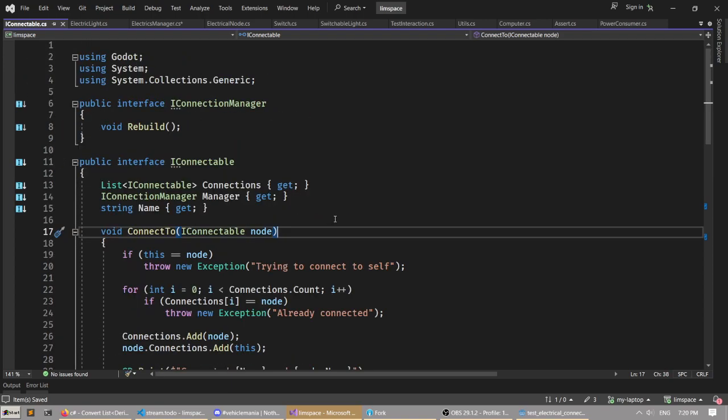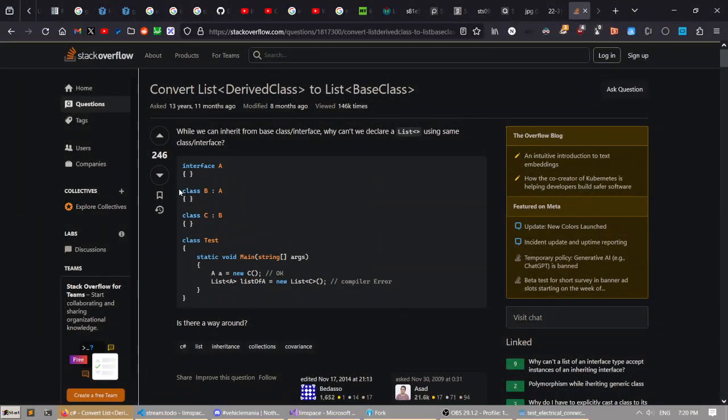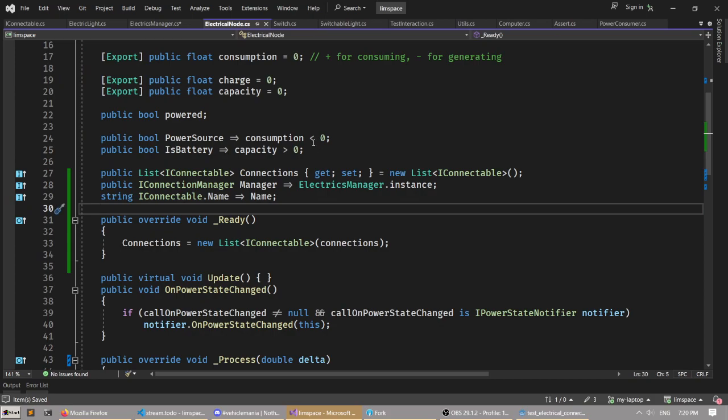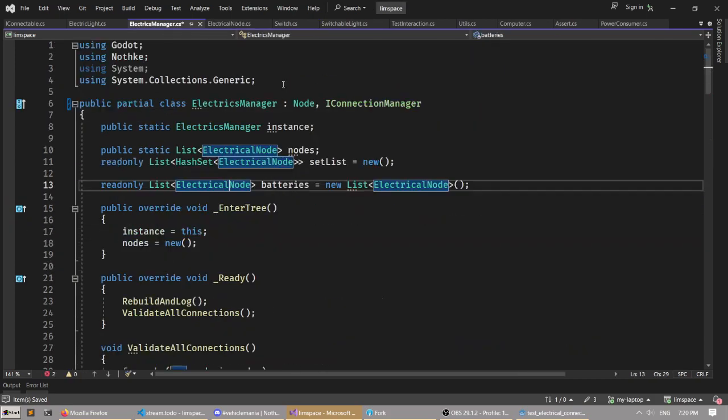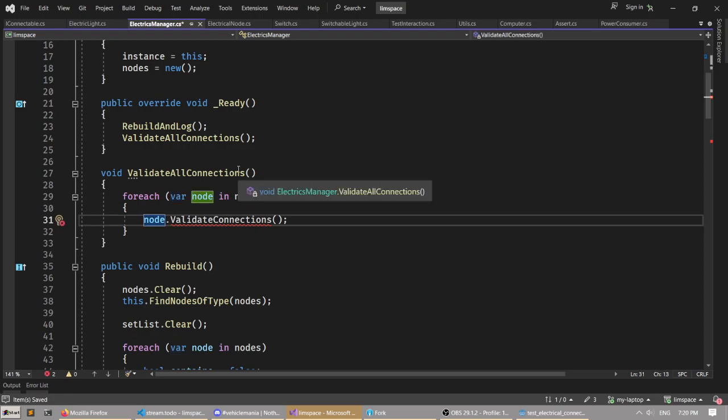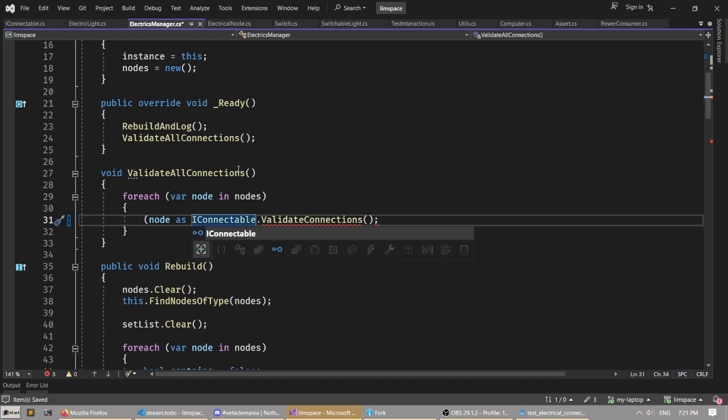Okay, maybe I'm getting something wrong about default implementations. Maybe I need to turn it into an interface. Like, maybe I need to do it like this, as iConnectable. Okay, yeah, I need to make it an interface to be able to... Interesting. Okay. So you need to specify